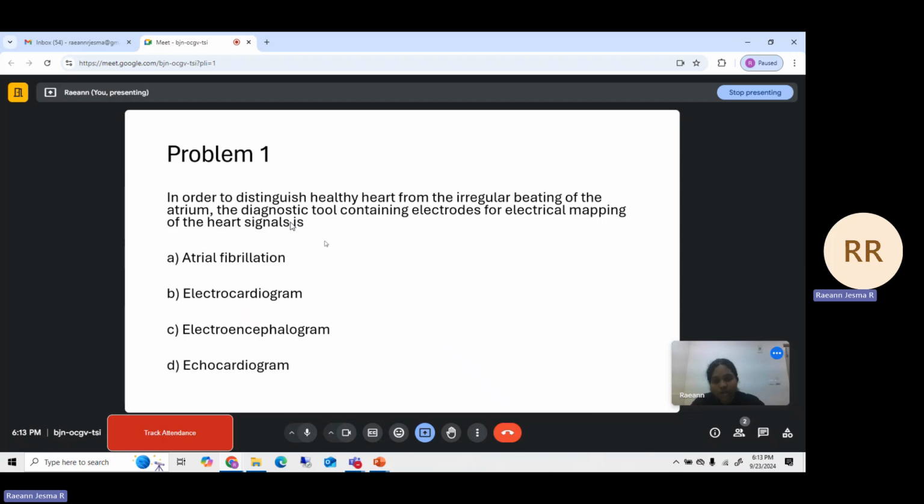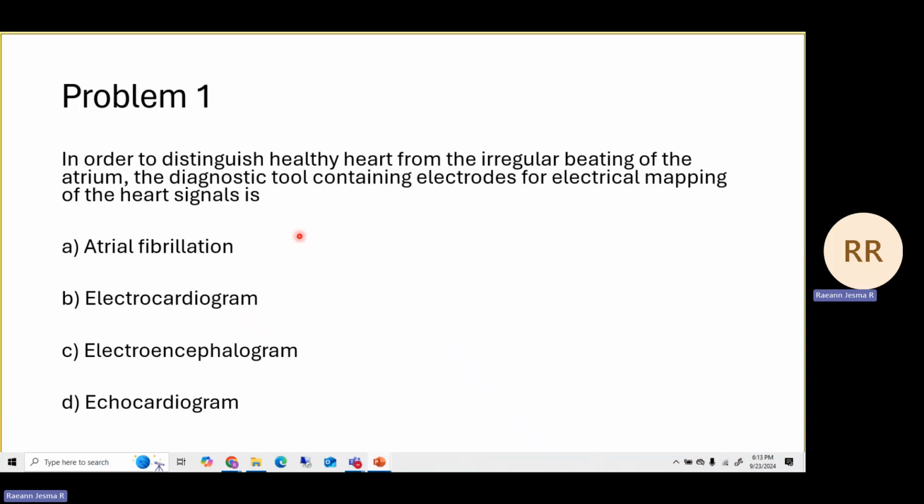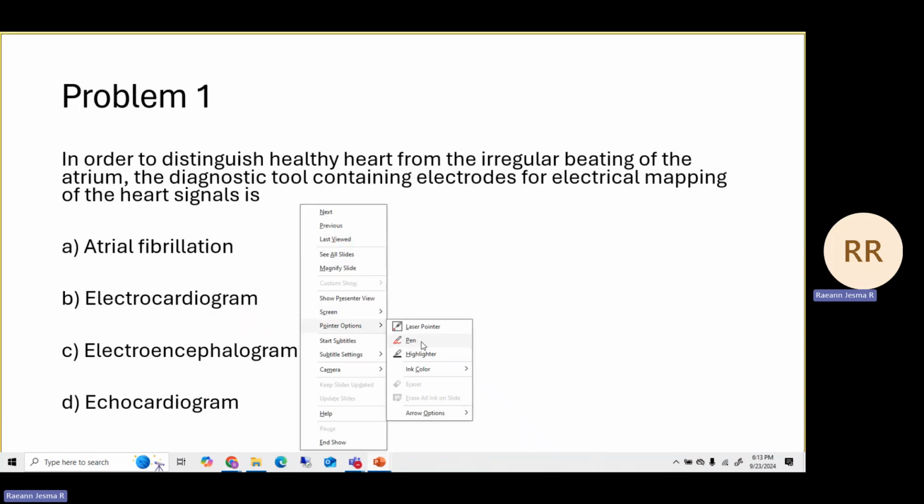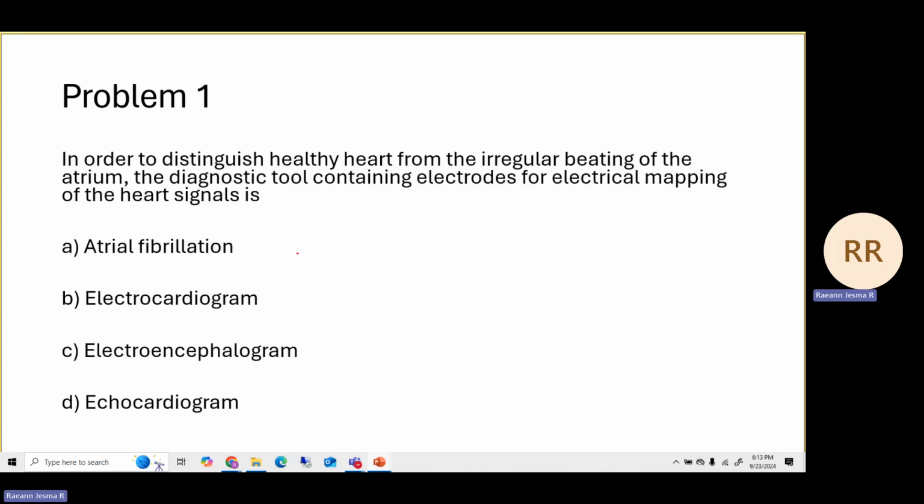First, let us see what are the options that are feasible for this question. Option A is atrial fibrillation. That is a disease, so that is not the correct answer. But then we have the other three options: electrocardiogram, electroencephalogram, and echocardiogram. So one of these three may be correct. Here the correct answer is option B,